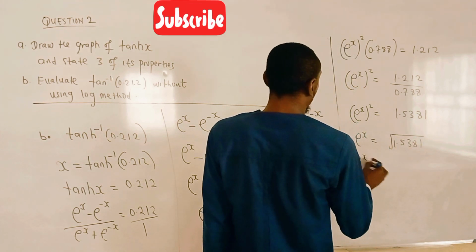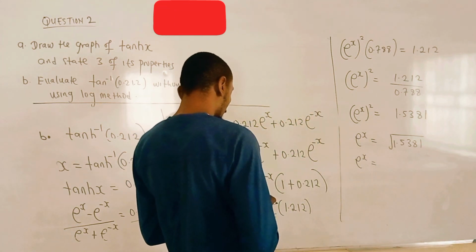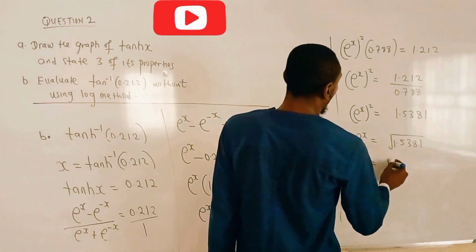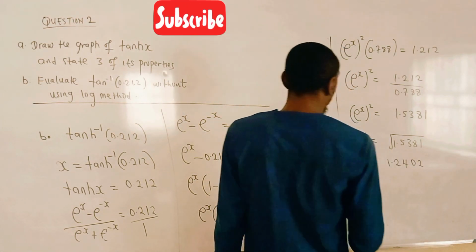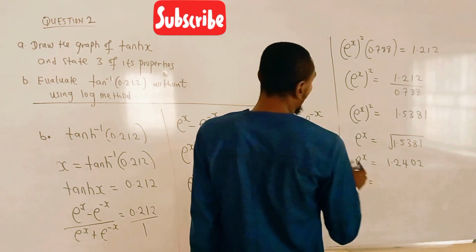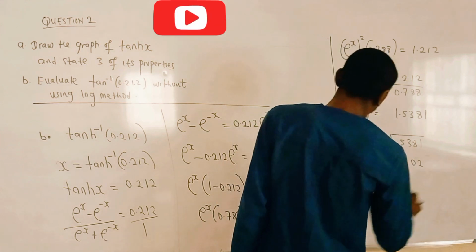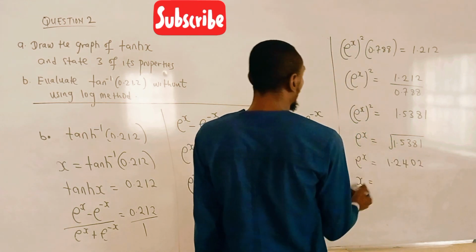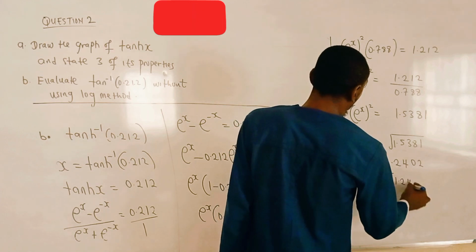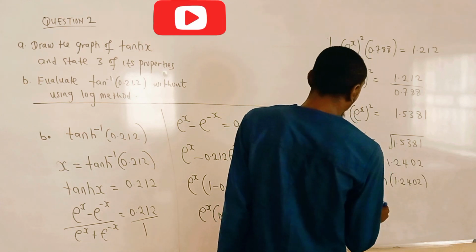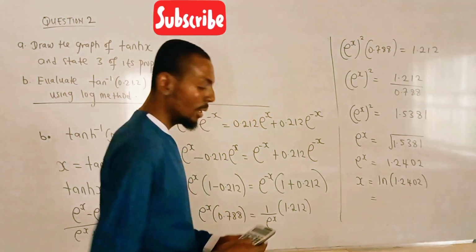So that exponential x becomes equal to the square root of that, which will give us 1.2402. So that x now will be equal to, removing this e, we have to introduce ln. That's ln of both sides will make x to be equal to the ln of 1.2402. So the final answer, of course, you punch the ln in your calculator, you can see